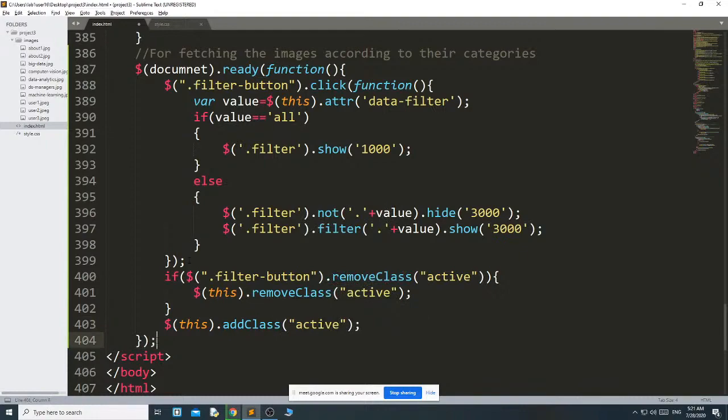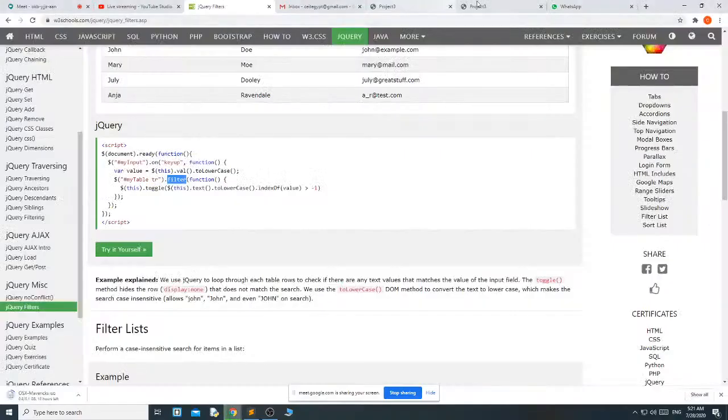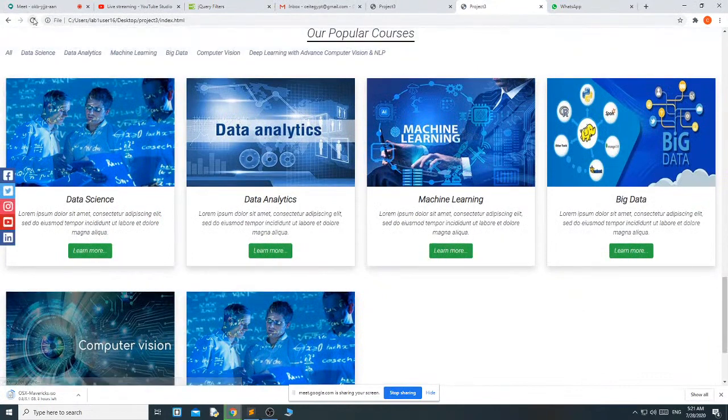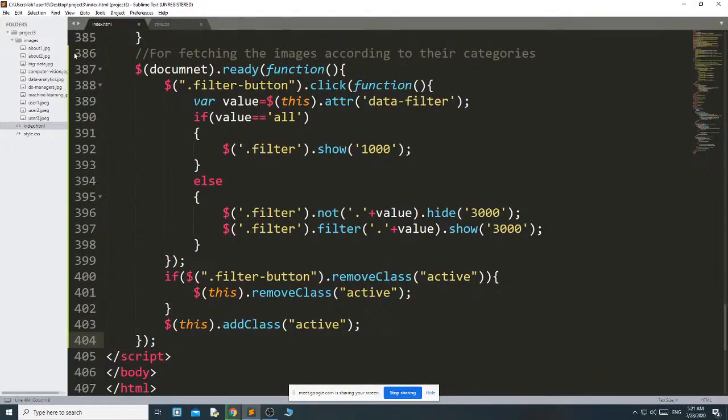We have completed the jQuery. Let me see. Okay, why is it not working? Let me see what I have done. First I have the ready function, filter button, then click function, then we get the value attribute data filter.